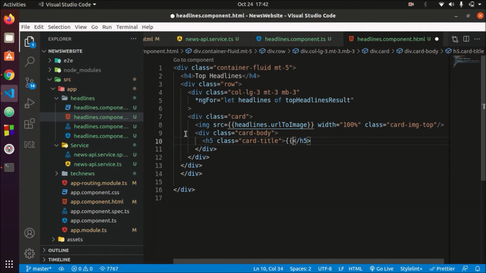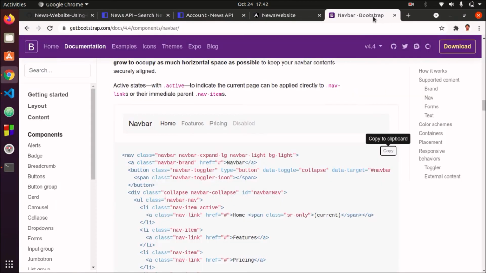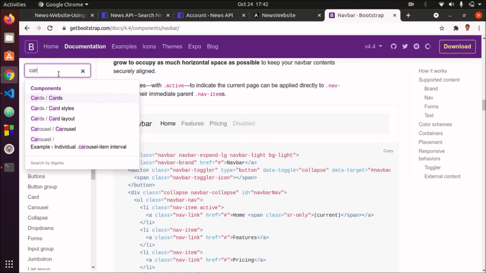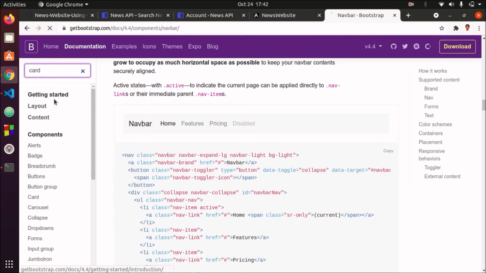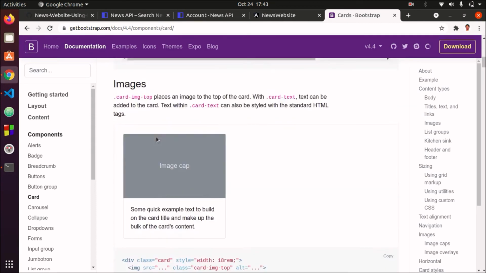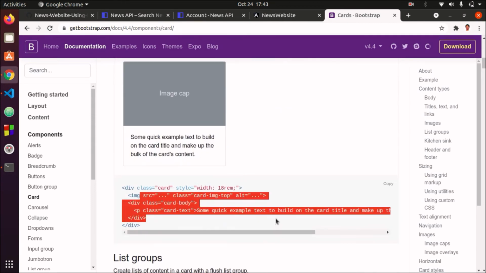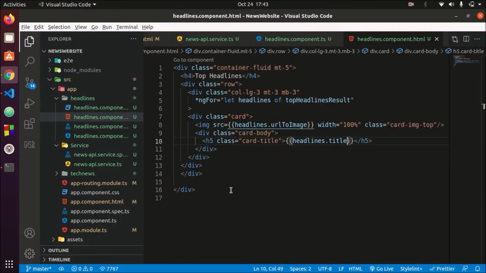I will show you the link. You have to just search cards in Bootstrap and you will get it. So it will also show our headlines. So these are the headlines, and the way you can get the code is you search cards on Bootstrap and you can get the code from here. So we are using this type of card. You can see here I am using this.